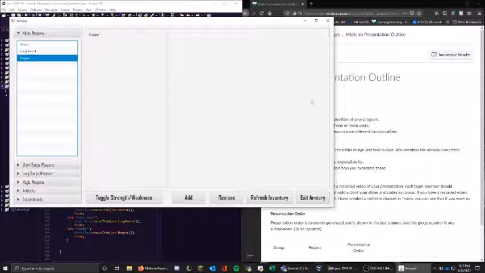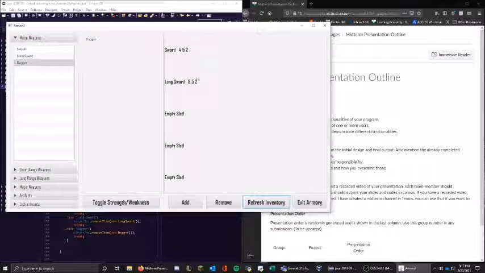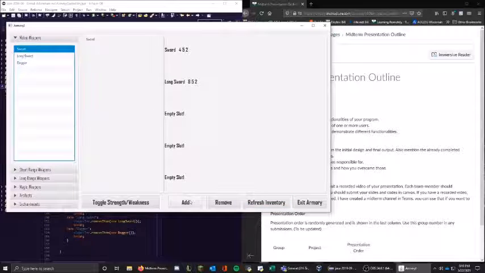This field over here is the user's current inventory, which can be seen by refreshing the inventory. These weapons are previously hard-coded in, just because I've been working with them. So in order to add weapons, the user would select a weapon from the left side and then hit the add button and then refresh their inventory, and sword was added to the 3rd slot because that's the next available